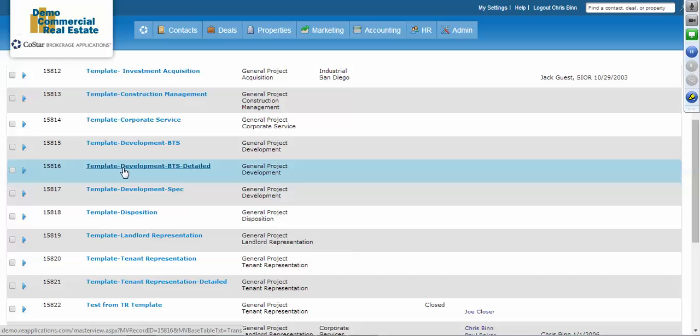But you guys can change them. You can edit them. You can get rid of them. You can create your own. The idea is if you're using projects and you know that for every, and I'll use an availability as an example,